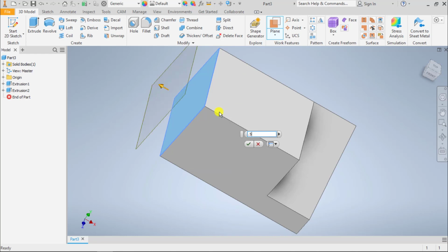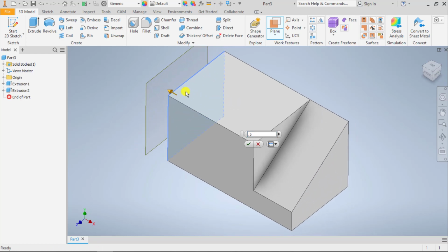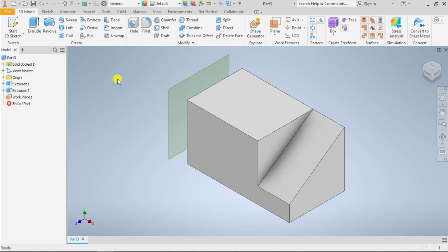Now notice my plane went to the opposite side. You should always pay attention when you're making a work plane to see when you drag if the number is negative or positive. So let me do that again. Notice that I have a negative number. If I type in 0.5, it's no big deal. I'm just going to arrow over and put in a negative sign. Now, if I type in 0.5 and hit enter because I'm in a hurry and I realize, oh no, that's going the wrong way, not a big deal. Double click the button next to the plane, negative 0.5, change that value, and it flips to where it needs to be. Now I am going to sketch on my new plane,